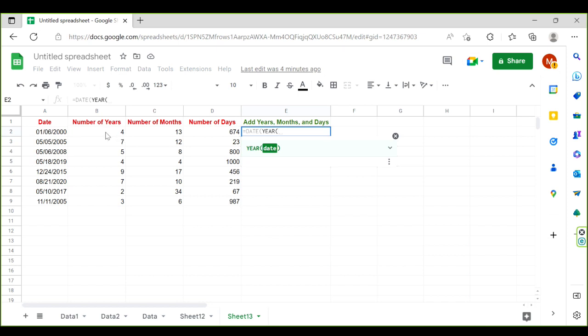For the date, select cell E2. It is the date cell you want to add years. Close the bracket, plus select cell B2, which is the number of years you want to add to the date, comma. For the month